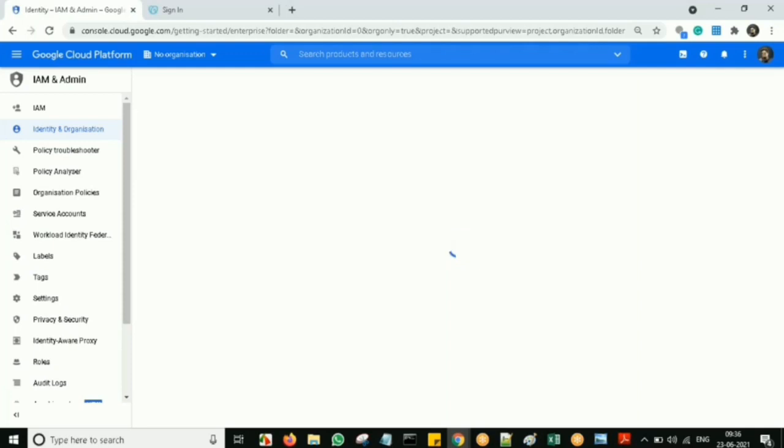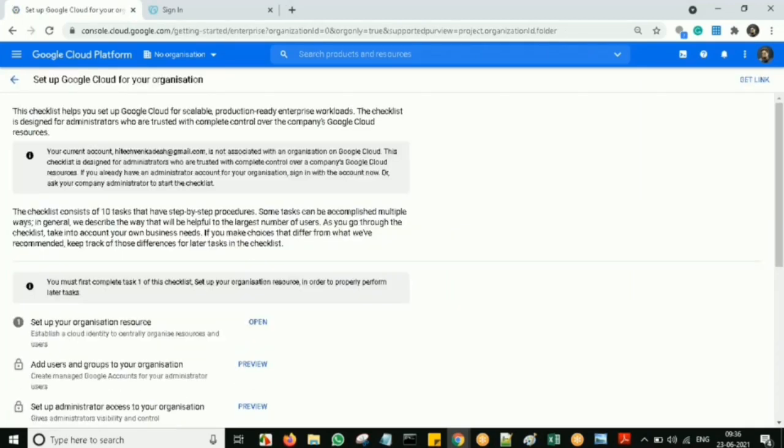Now I got a domain name from Simonation, right? So I can just validate it. For that I need to enable that. So you can see I'll go for the first level. I'm going for setting up an organization. Initially there is no organization, so I'll go for setting it up.